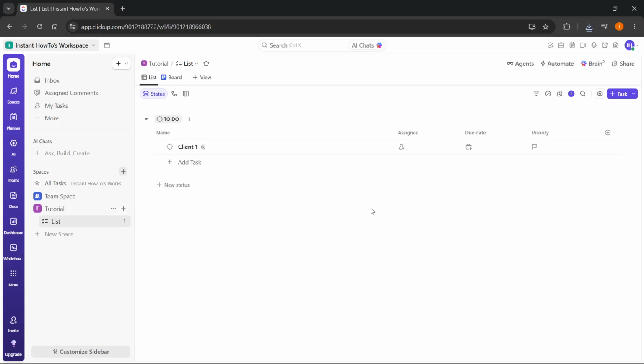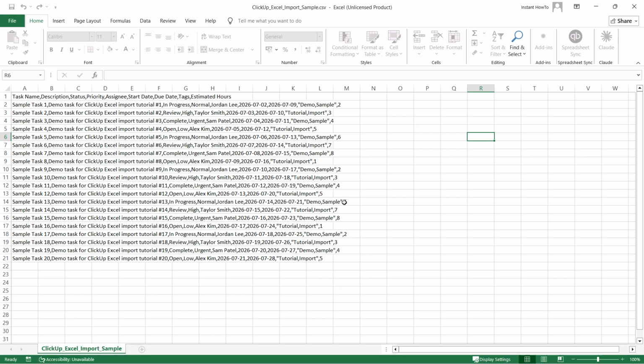In this video, I'm going to show you how to import from Excel in ClickUp. Now, I'm going to import a CSV document. So as you can see here, I have a CSV file with some random data, which has been generated with